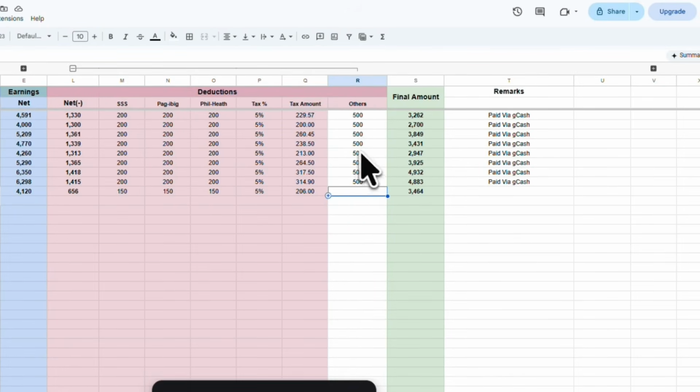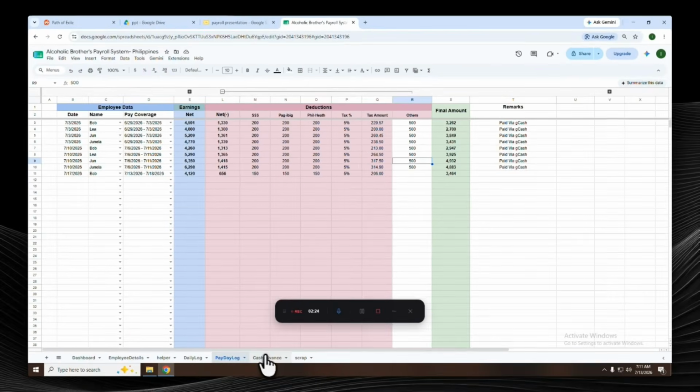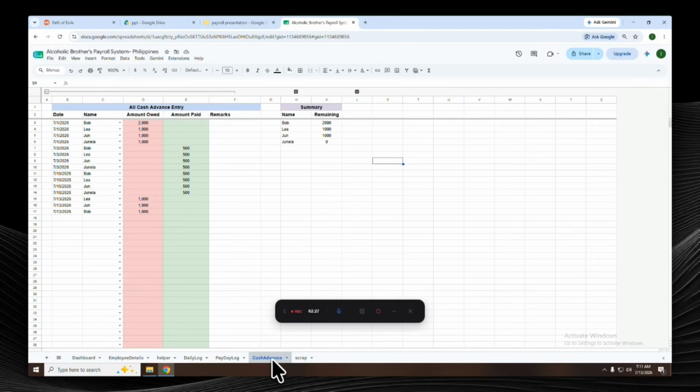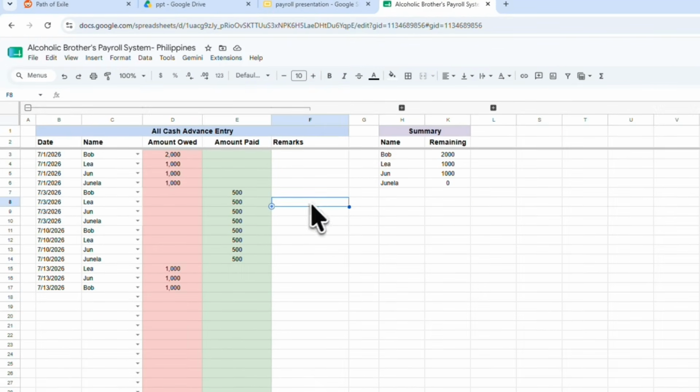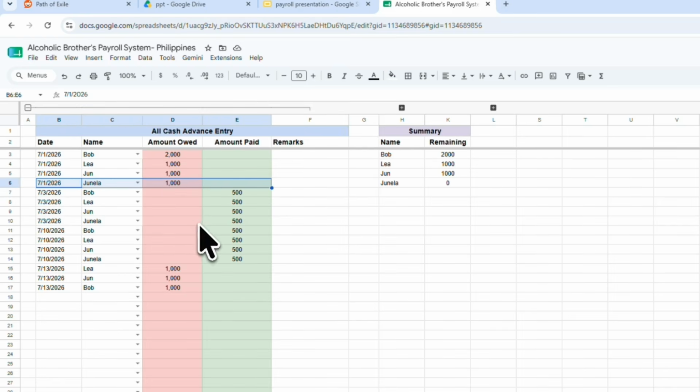Okay, so if you're wondering, this has something to do with payment advance, right? In the Philippines, they call it cash advance, right? So they're making an advancement of their salaries. Unfortunately, this tab that we're looking at here is not linked on here. You would have to enter all this information manually. All right, so say for example, you're going to track it here, Bob 2000 on the first, and then Junella on the first as well for 1000, right? Anyway, as the list keeps increasing,